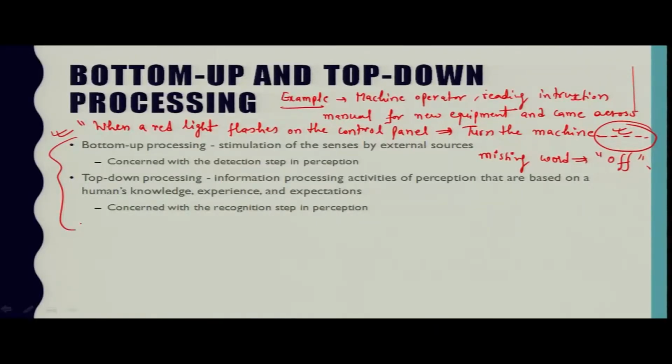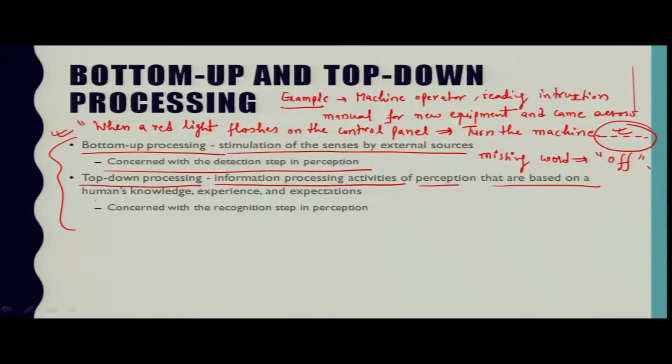So this was all about perception. As a nutshell, I am just revising the concepts that we have learned in this lecture. Bottom up processing, the stimulus of the senses by external sources, is concerned with the detection step in perception. Top down processing, the information processing activities of perception that are based on a human's knowledge, experience and expectations, is concerned with the recognition step in perception. So before closing this lecture,